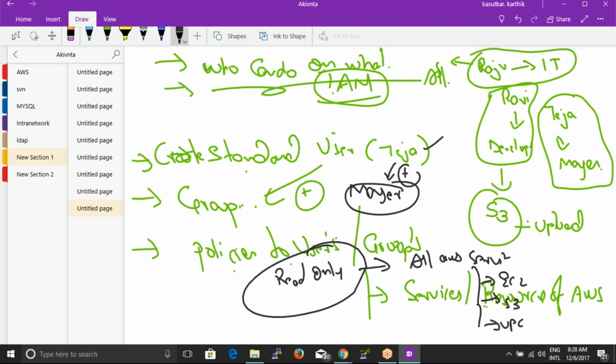Now I'll write a policy for this manager group or this one Teja user, it's up to my choice. So that whenever Teja logs in to my AWS console, he cannot create, he cannot delete, he cannot do anything. All he can do is read only. He can just see that console. That's it, nothing more than that. This is how you can restrict users to certain services of AWS with the help of IAM. So let us see